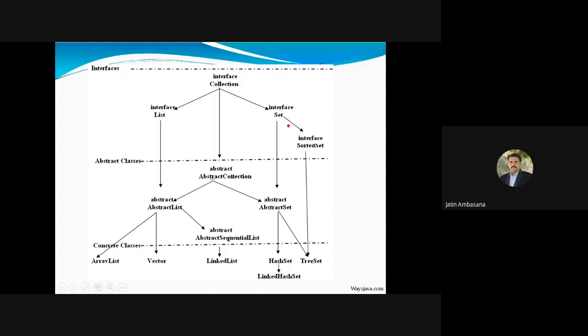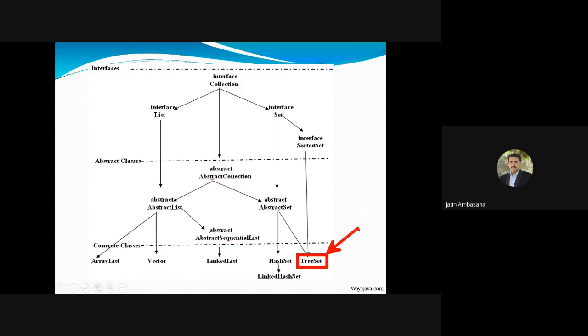There is also SortedSet, which is again an interface, and then comes AbstractCollection, which are abstract classes. Under Set comes AbstractSet, and under Set and AbstractSet come HashSet and LinkedHashSet. These two are concrete classes. And under SortedSet comes TreeSet.